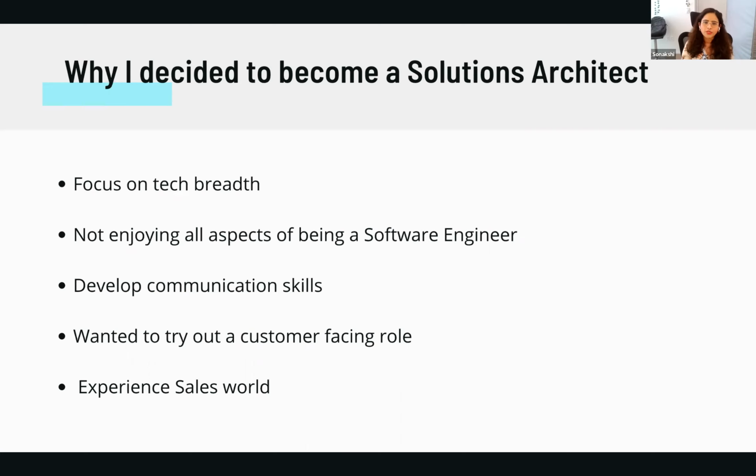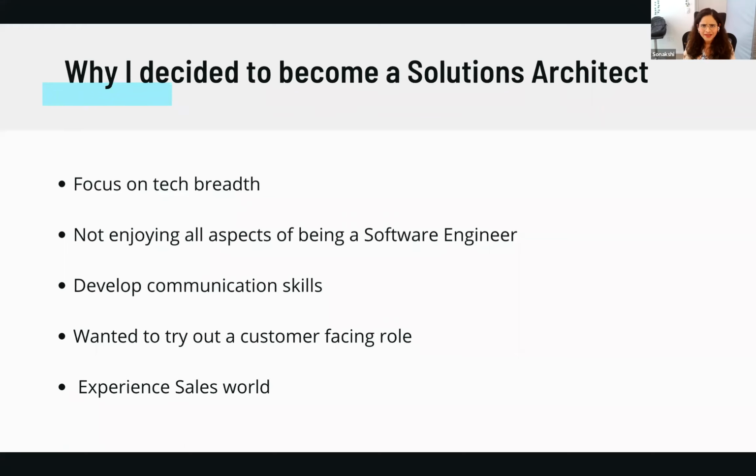So let me tell you more about this. As a software engineer, I got a chance to get in depth into a particular technology, solution, or a platform. And the solution architect role requires you to be more focused on the breadth of the solutions out there rather than the depth. So for example, as a software engineer, while working on a project, I got to get my hands dirty with each and every API of the AWS DynamoDB service. So basically there's a database service, and I understood how that database service worked. I understood each and every API about it, and I just understood how to do optimizations on it as a